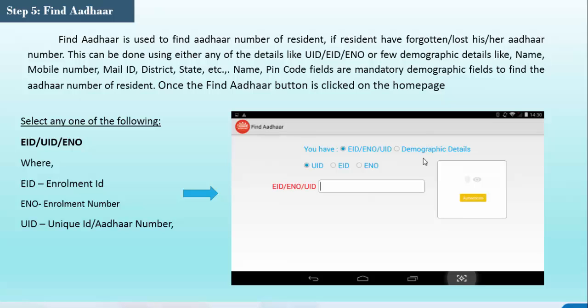If the EID or UID or ENO and the fingerprint match with the previous database available in the UID database, then it will fetch the details of the Aadhaar number. Then we can print the Aadhaar using this Aadhaar number or some other details.